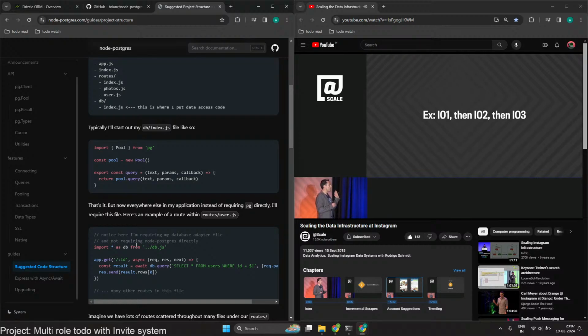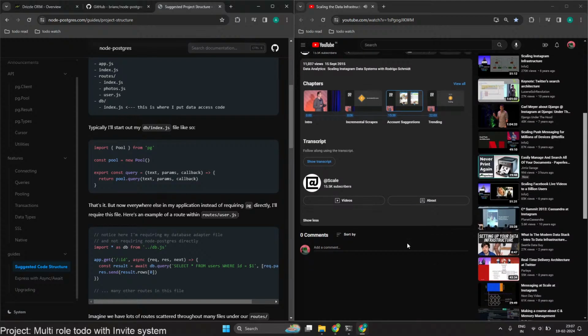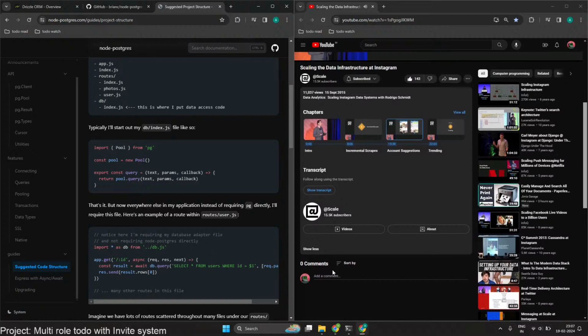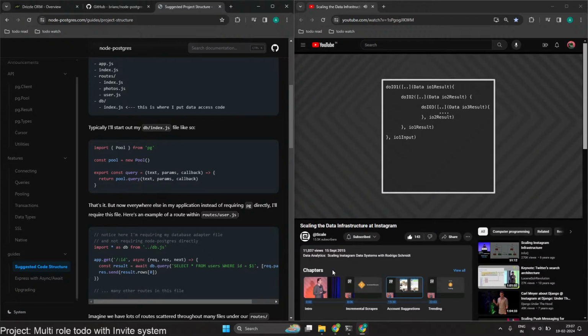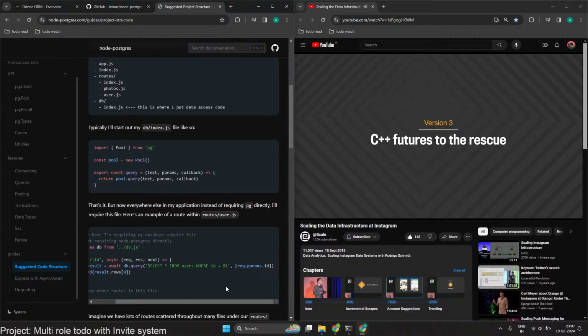Let's say you want to run I/O operation 1, take those results, use as input for I/O operation 2, take those results, use as input for I/O operation 3, take those results, do some processing, get the results back. If you want to do that with asynchronous I/O, you have to actually write a callback inside a callback inside a callback. So as you are doing operation 1, you say when that operation finishes, I want to run this code, and this code has operation 2, which also has a callback to run operation 3. So something that was supposed to execute in sequence, you're actually stacking it in your code base. It looks horrible.